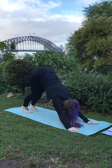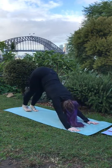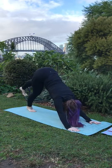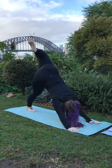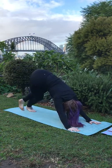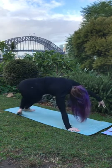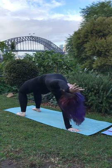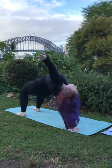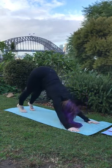Remember that if it seems like the floor's too far, you can always come into the plank variation. But let's go the other side. Inhale to lift the left leg, bend your knee, open your hip, press down through the right heel, drop the left toes behind the right leg, pivoting on the feet, lift the left arm up and over for your wild thing. And come on back through downward facing dog,